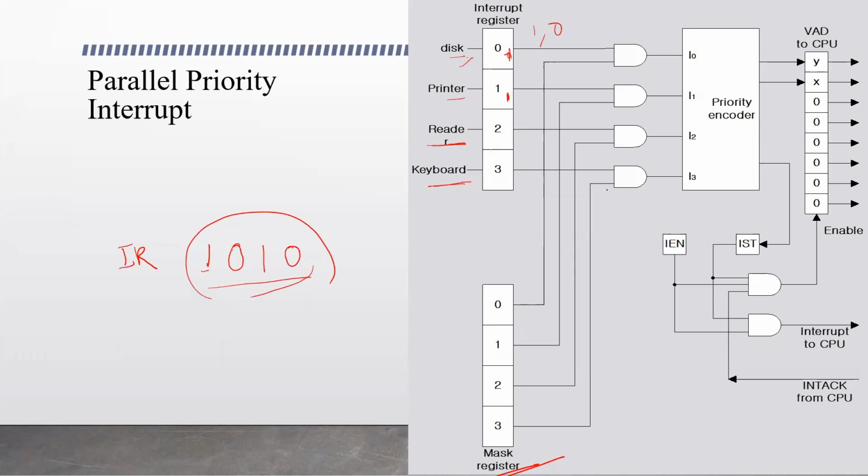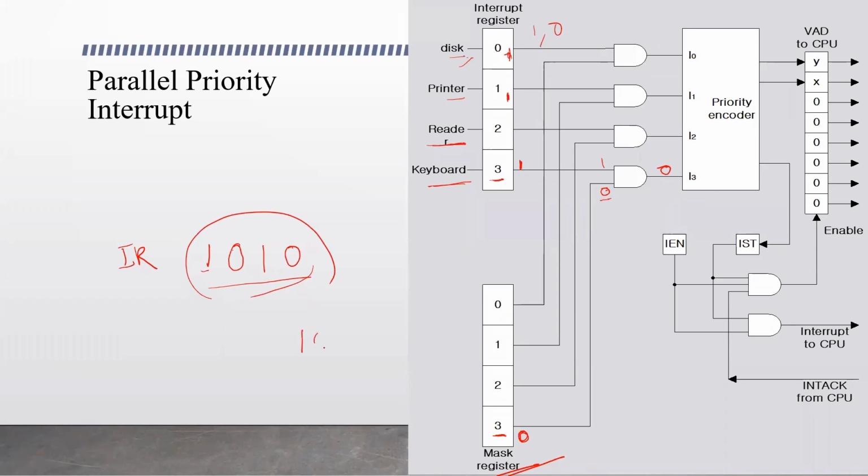So by setting the corresponding bit here as 0, the keyboard is connected to the third bit in the interrupt register, and here the corresponding bit is 3. By setting it to 0, and if it has an interrupt, the bit in the interrupt register will be 1, right? So 1, and when we perform the AND operation, 1 and 0 becomes 0. Even though this keyboard has an interrupt request, it is stopped from getting service from the CPU by masking.